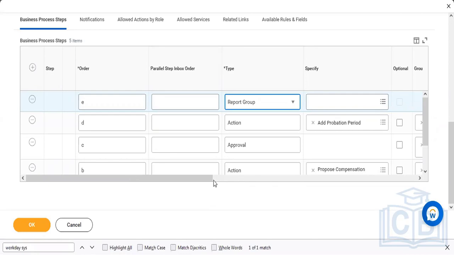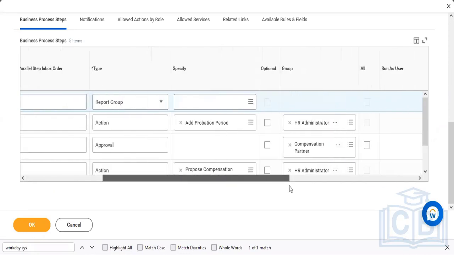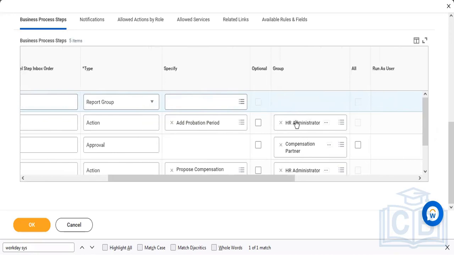Here you are seeing the security groups, right? These security groups can be defined as per our requirement. For probation period, who has to take an action? Who is the person to be defined? By default, we are getting HR, but initially when we are actually creating the business process, we need to know, right, who should be the person for probation period, who should be the person for proposed compensation, who should be the person for